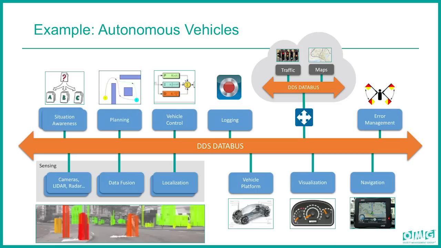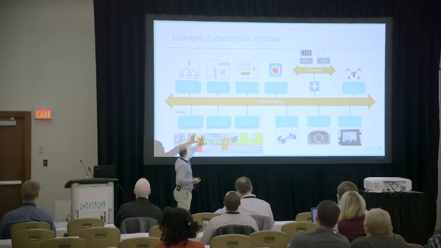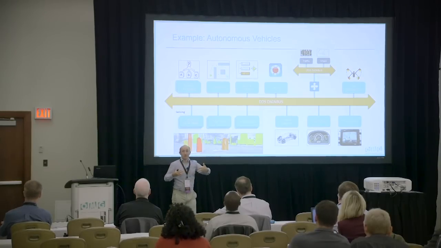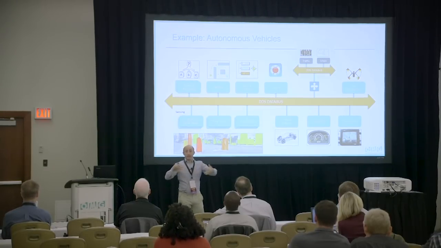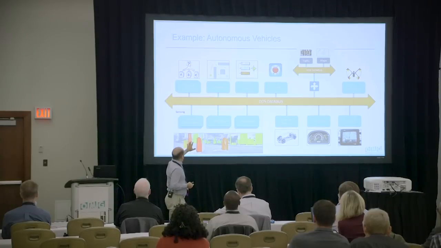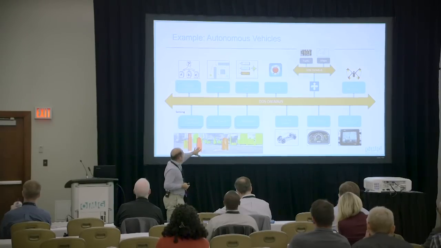You have to derive a picture of what's going on, and you have to make a decision of, do I keep going? Do I slow down? Do I have to turn? So how are all these things happening? Well, you've got essentially a bus that integrates all the information inside the vehicle, where all the pieces can be looking at the same information at the same time to make their own decisions, right? And they're coming with planning, awareness, data fusion, and so forth.